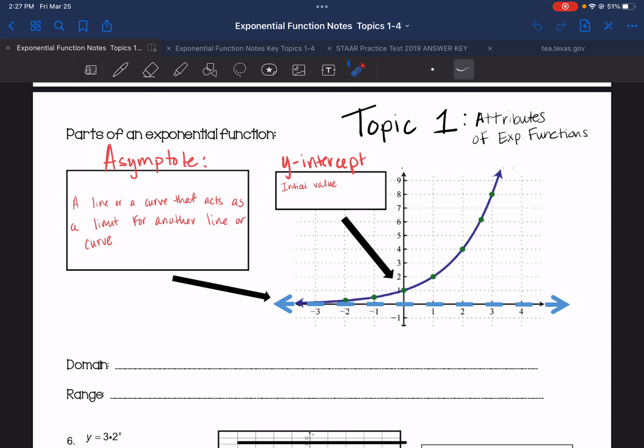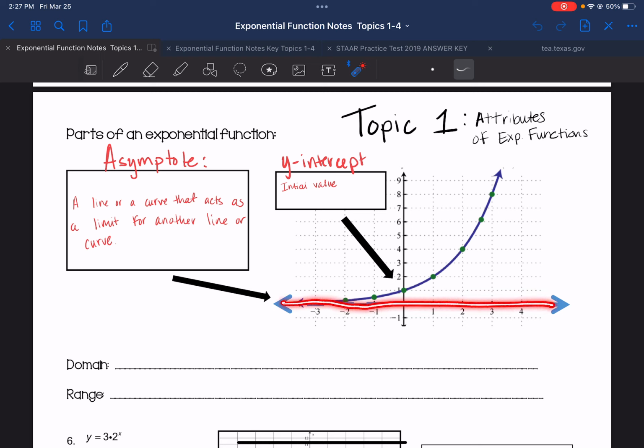So what are some attributes of an exponential function? They're always going to have a y-intercept, and this is considered their initial value. So this right here is their initial value, where it started, like at 1. So this is a y-intercept and initial value. And also, more importantly, there's always going to be an asymptote in play, meaning this right here is an example